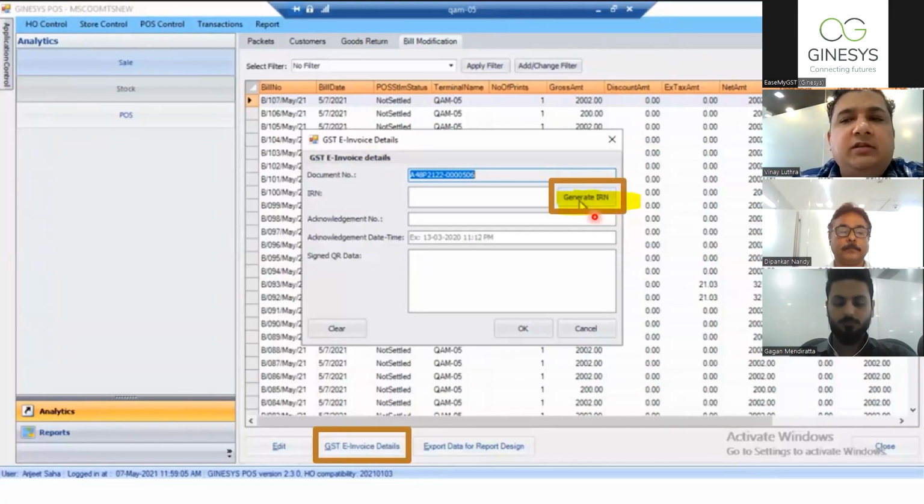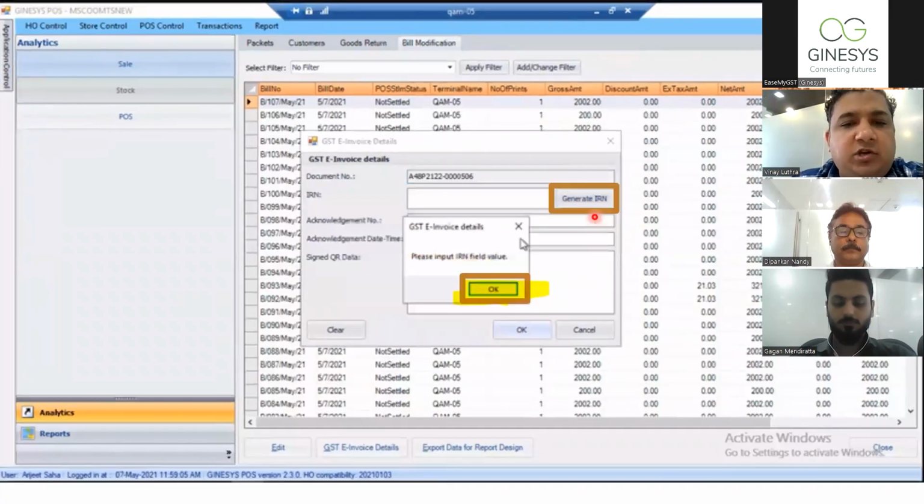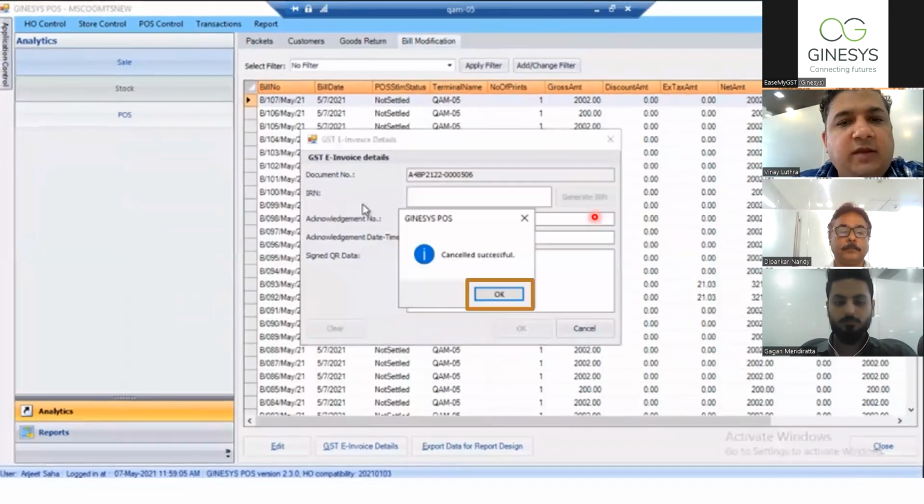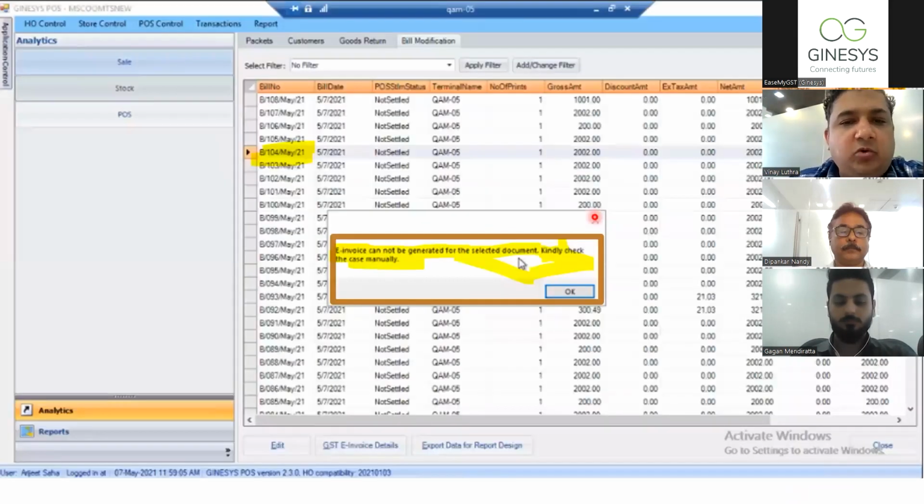The software already calls the APIs of Is My GST and you will get a response whether the e-invoice is generated or not. If the e-invoice is generated, once again the invoice can be printed in your POS only. So we try to give you the message also for those invoices made by mistake. If someone selected a B2C invoice, we are going to give you the message that